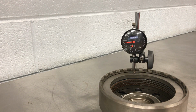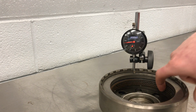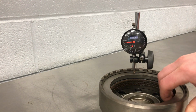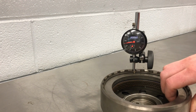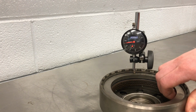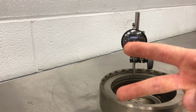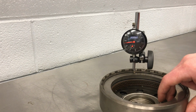All right, so let's measure clutch pack clearance. We need clearance inside of our clutch pack so that the little clutch pieces can spin. Unless the clutch piston has pressure behind it and is engaged, these should be able to spin nice and freely so that gear is not trying to apply. Because if we try to apply two gears at the same time, the transmission will lock up. So we need to make sure there's enough clearance that they won't drag and cause that lockup, but